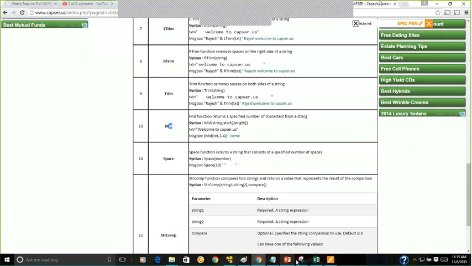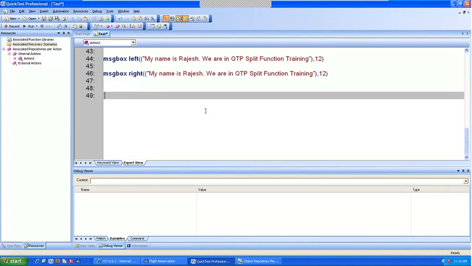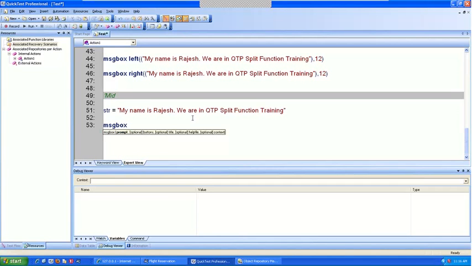Mid is again a very important function. Let's see that. Let's see mid function. Now, mid is to retrieve a specific value or a specific word from a string. So for example, I have my string like this. This is my string. I'm going to use this string and I'm going to say MSG box. Let me put this as str equal to, I'll put this like this. It's easier. MSG box. So I'll say mid of